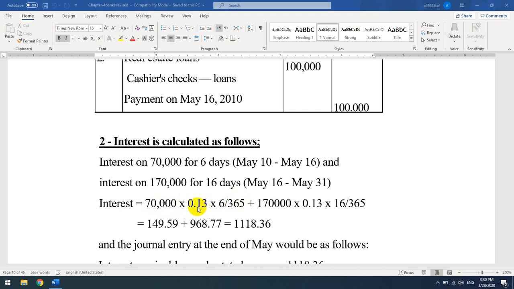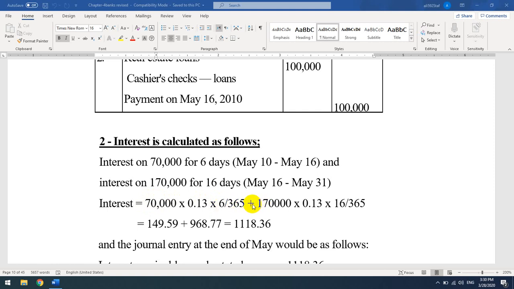You know how to calculate the interest: the amount times the interest rate times the period, here in days, 6 days divided by the number of days of the year. This is the interest of the 70,000 Egyptian pound for 6 days,